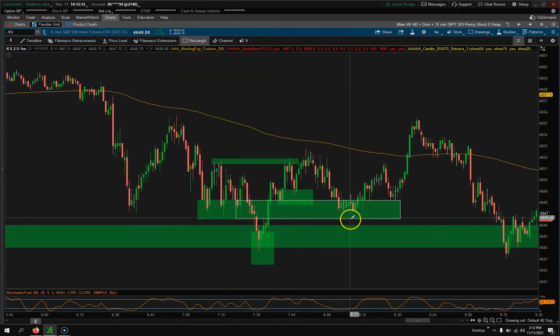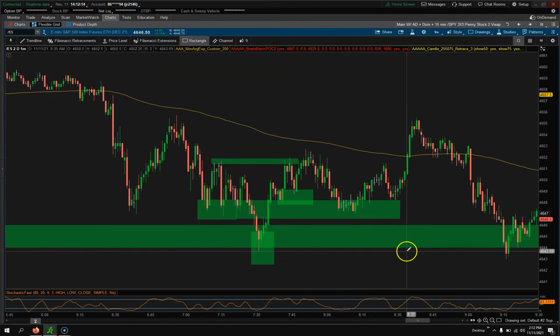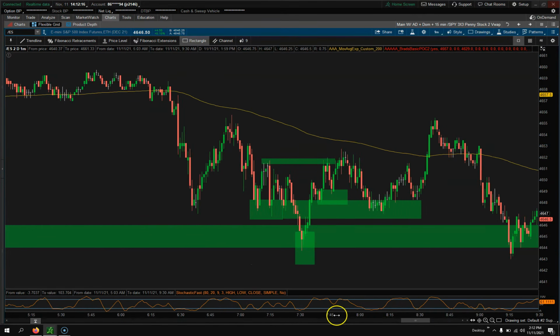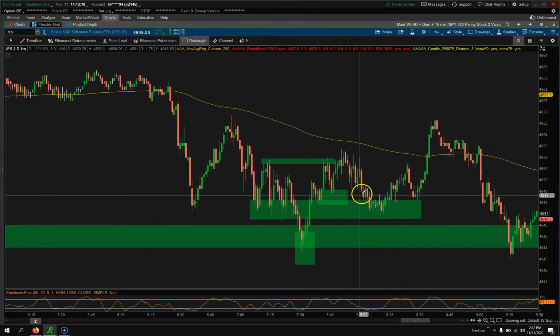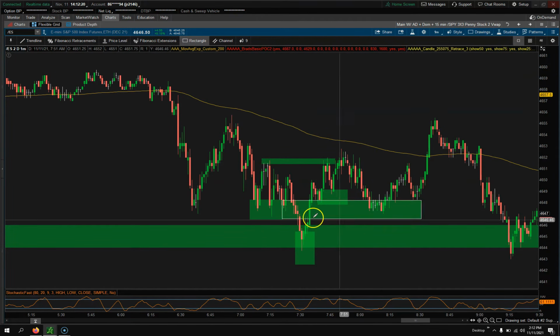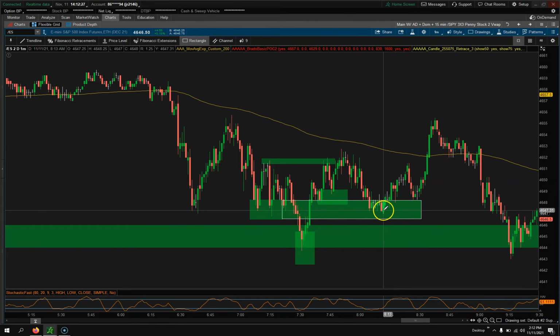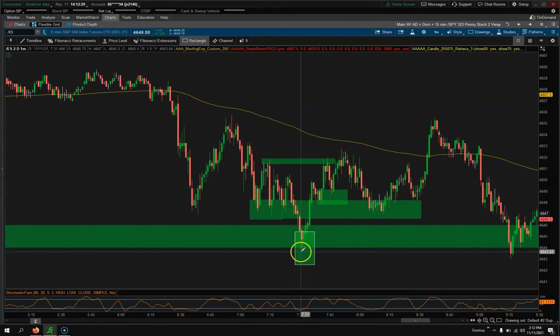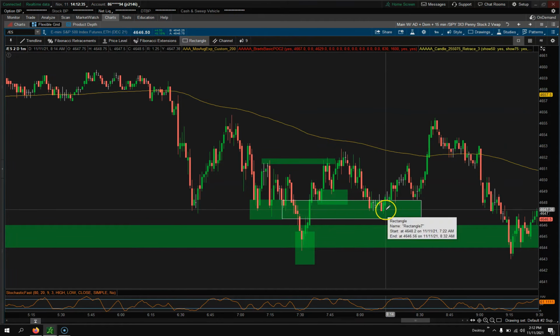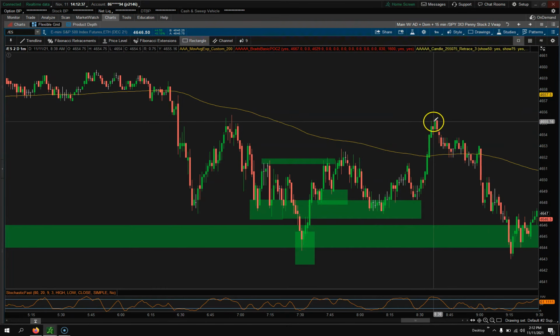And then on the pullback, if you zoom out a little bit and look at the picture a little more, you might go, oh, maybe I entered too early. Maybe this was not the right shoulder, but this was, so let me re-enter here, and your stop goes below here, right? So that's another way of trading it